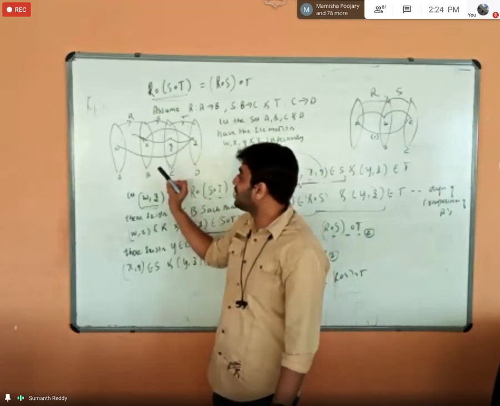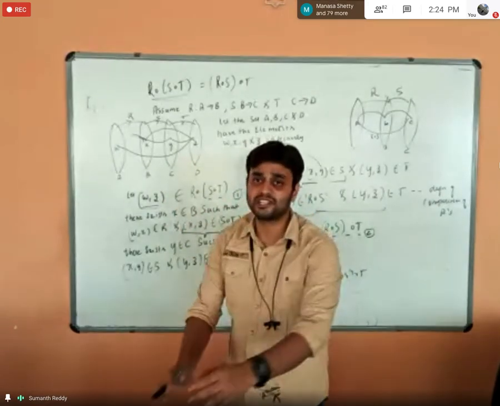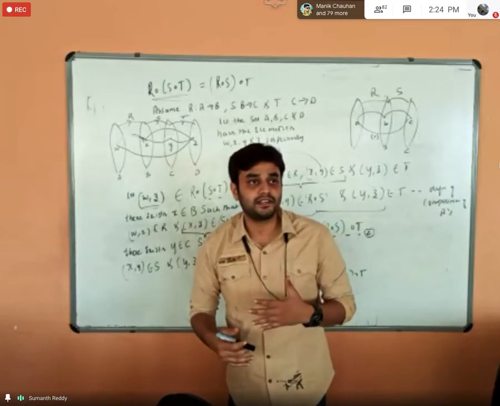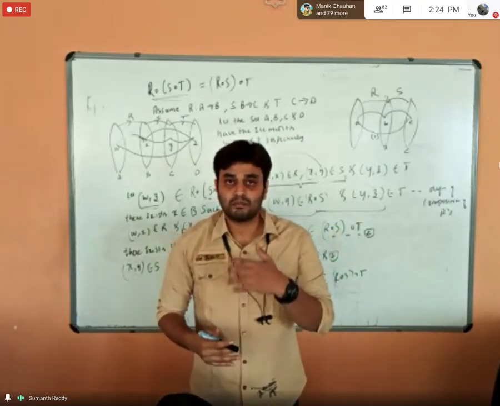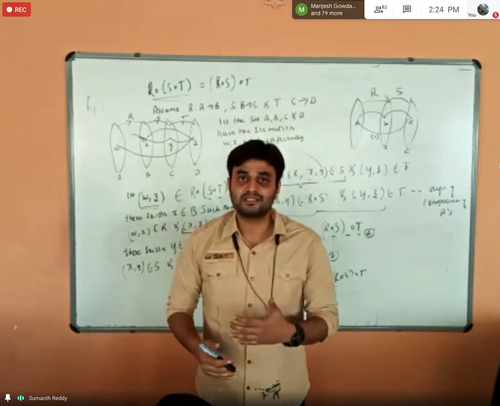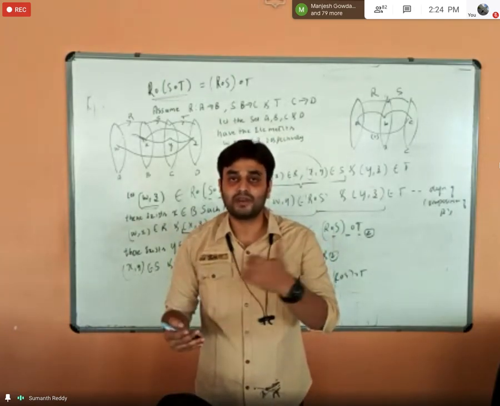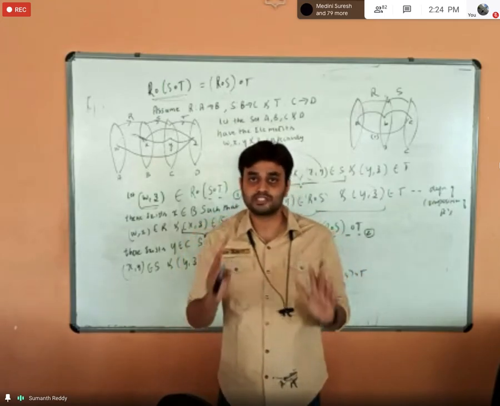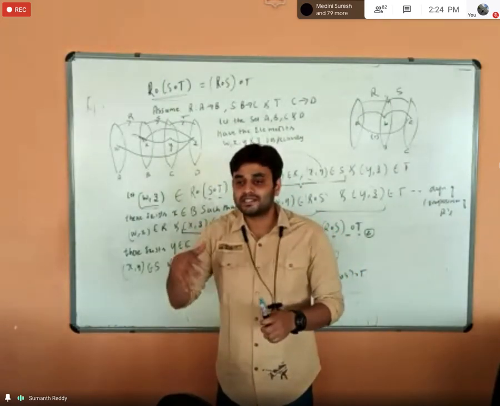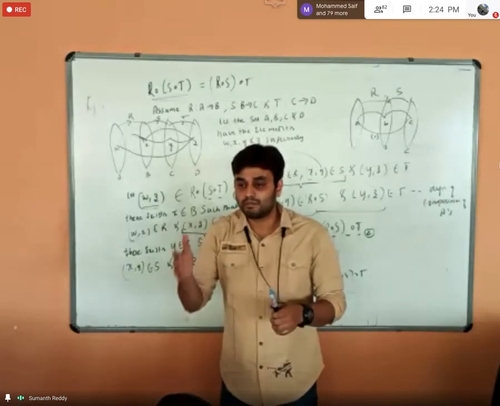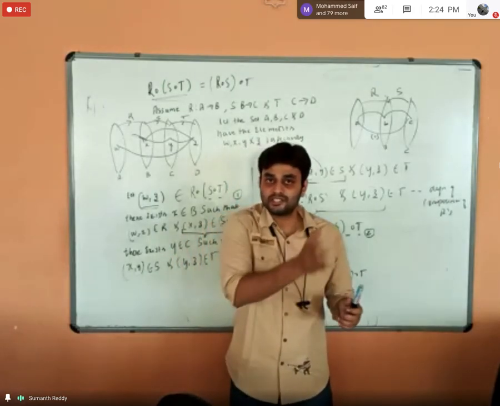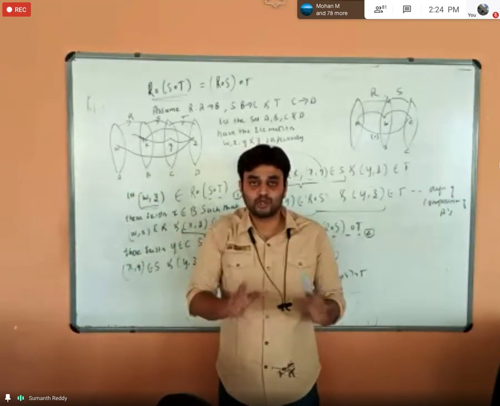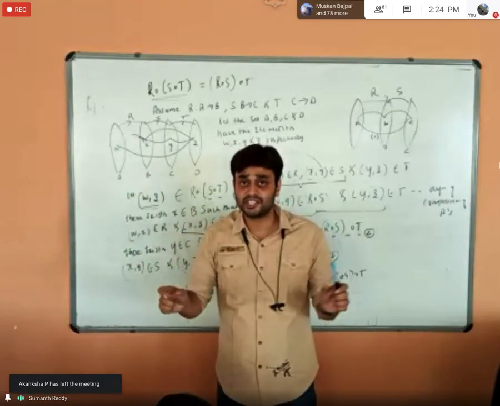And the composition of relation, see, if you have to understand the composition of relation, I'll just tell you one example. See, if I tell that I have to travel from Bangalore to Mysore, it is the same as me telling that I have to travel from Bangalore to Mandya and then from Mandya to Srirangapatna and then from Srirangapatna to Mysore. Both are same. In the second example, I have taken the breaks. Whereas in the first case, I have gone directly from Bangalore to Mysore, but both are same, right? The starting and the ending destinations are same.